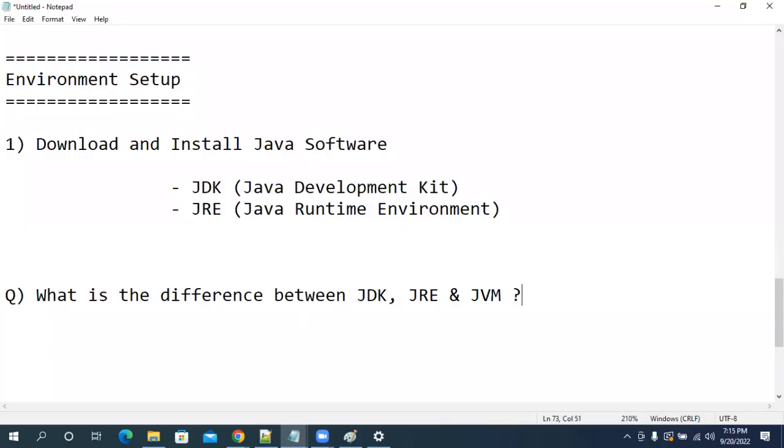Now you have seen JDK, we got JRE, we got JVM also. Can I see the JVM? Virtual. What is the meaning of virtual? We cannot see that with our eyes, but it will be part of the JRE. Tell me, what is the difference between JDK, JRE and JVM? Come on.